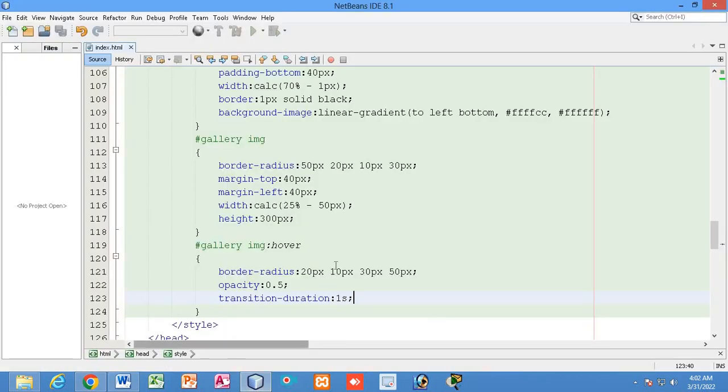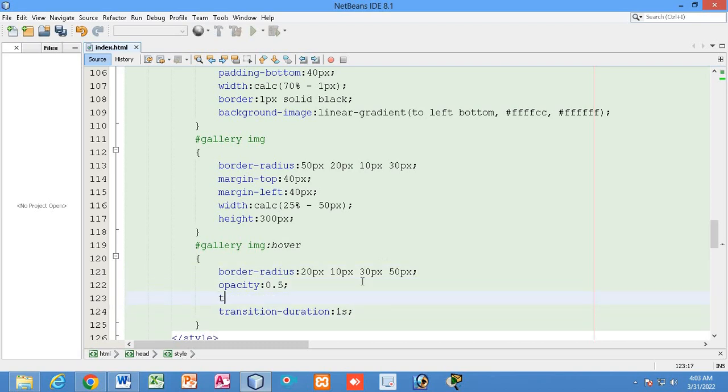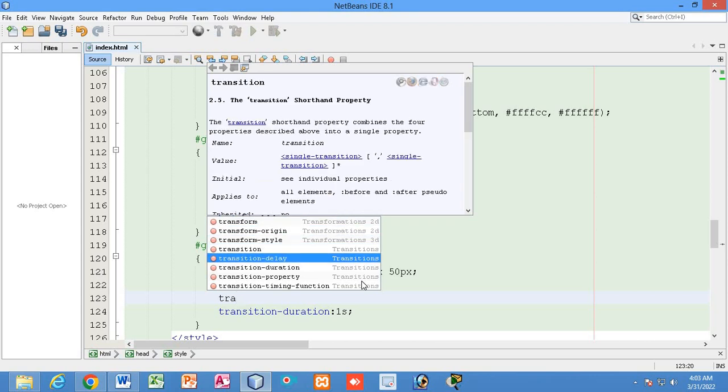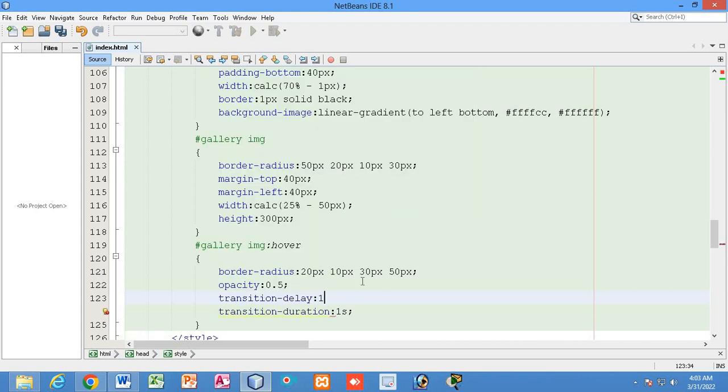So I can simply do another thing. I can add transition delay 1s. That means the transition will also not start immediately. The transition will start after a delay of 1 second.